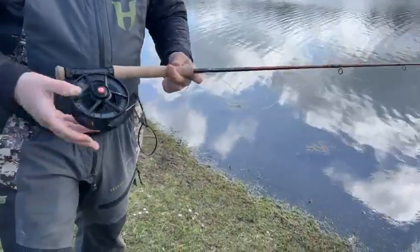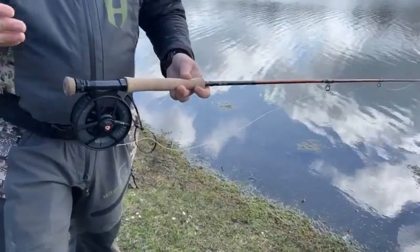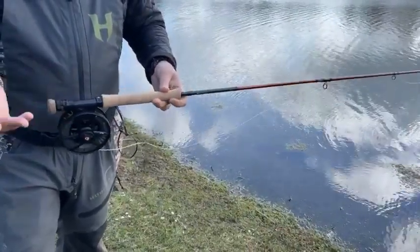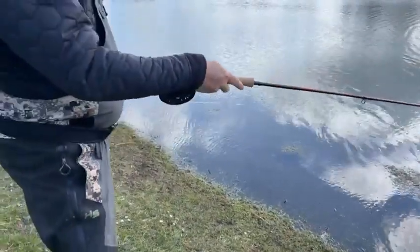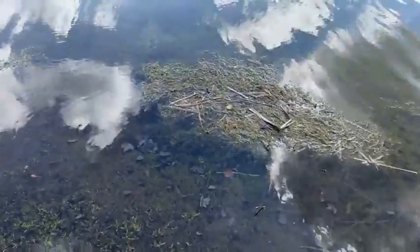Perfect. And then on the business end, in terms of the line, it's a homemade shooting head. It's a long belly 8 that I've cut back at the rear taper, and I've attached it to some flat beam running line, about 18-20 pound breaking strain. Okay, so relatively thin stuff. Pretty much. And then I've got quite a long leader. The water's really nice and clear here, so I've lengthened the leader out. It's probably about 15 or 16 foot long,